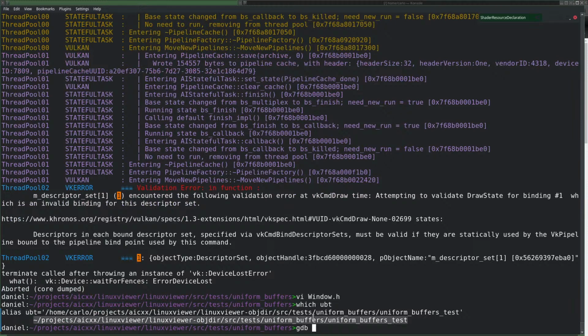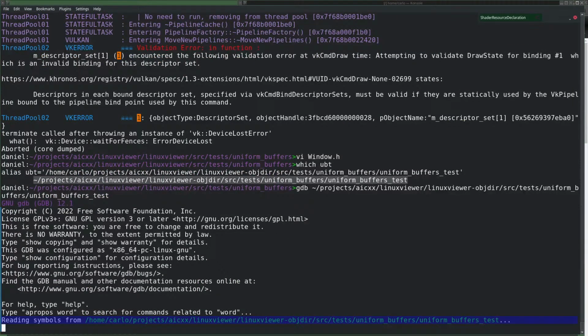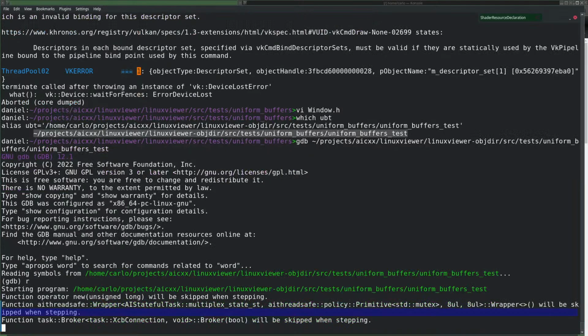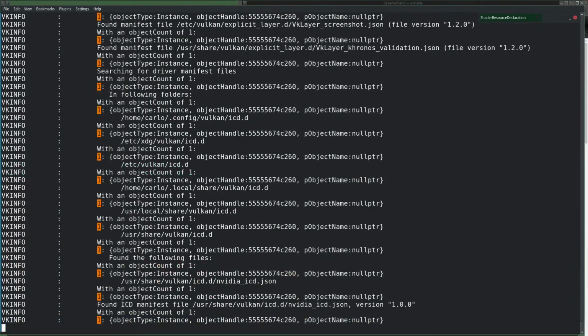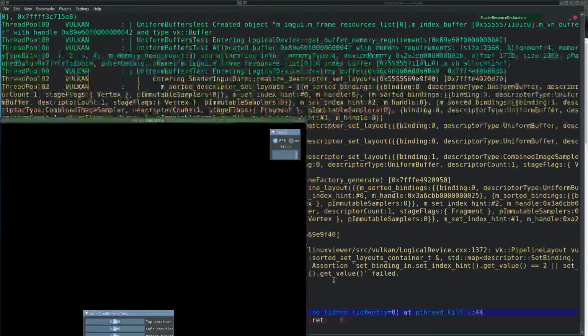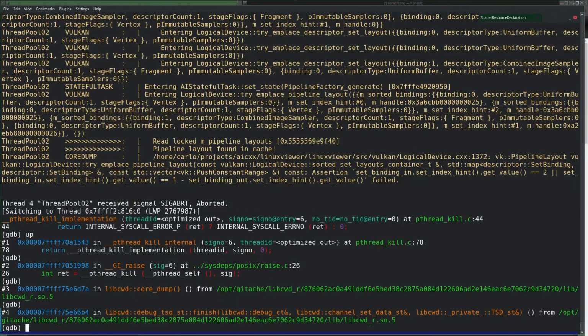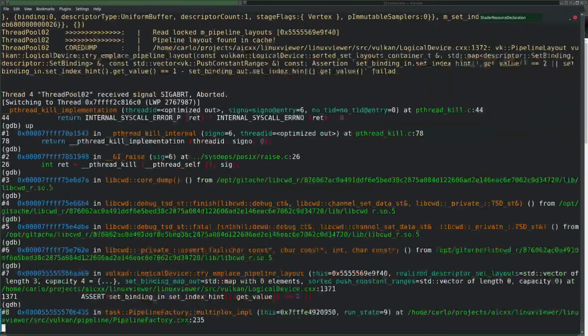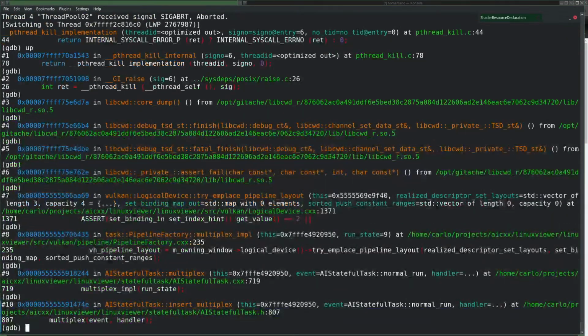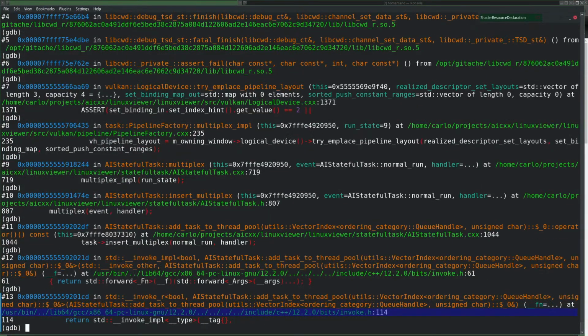Let's run it in the debugger. Did not lose my device. That is good. So I called here, I hope.